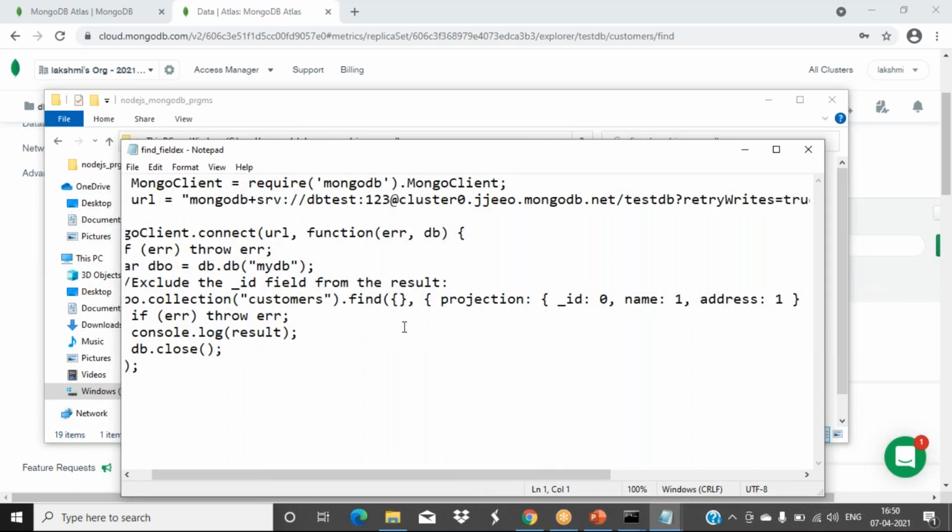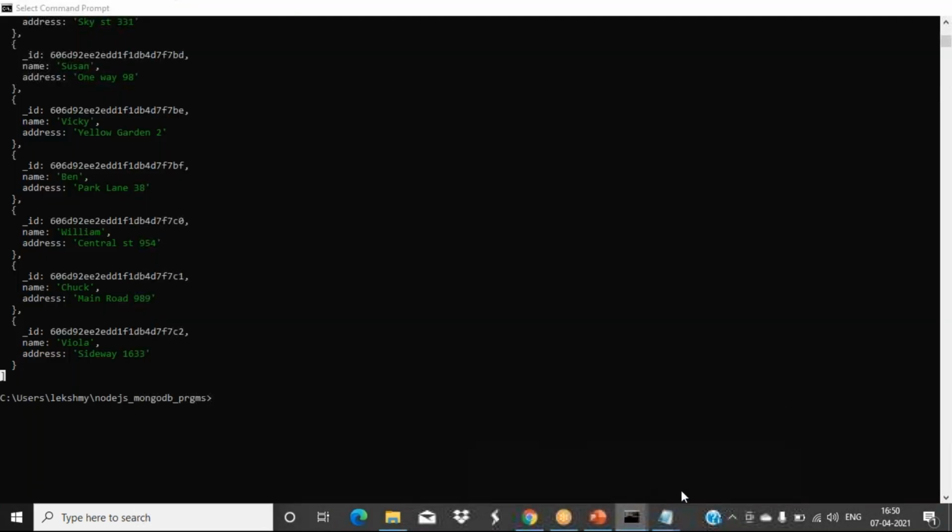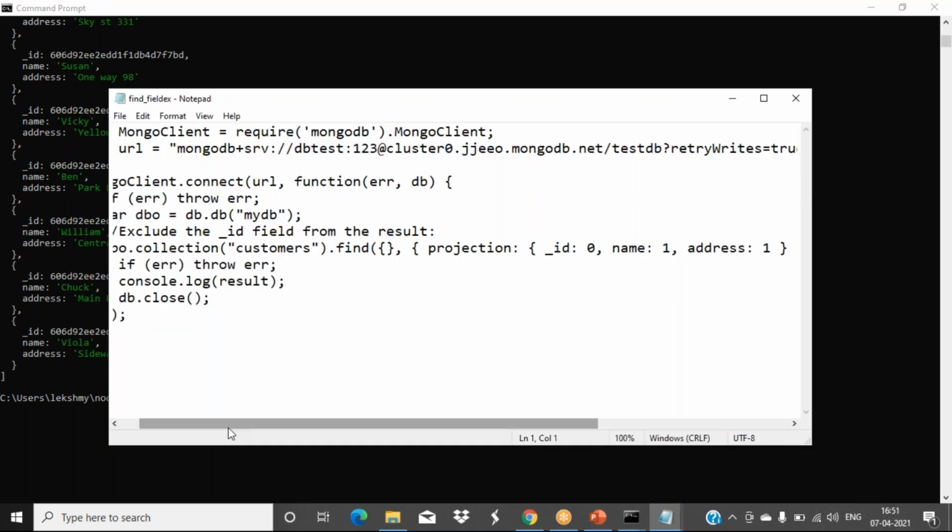We are finding all the things, because it is not the find one function, so all the values we can retrieve. But in that we are telling id equal to 0, name equal to 1, address equal to 1, something like that we are specifying there. View the output, how it will show. Note, this I have not changed.